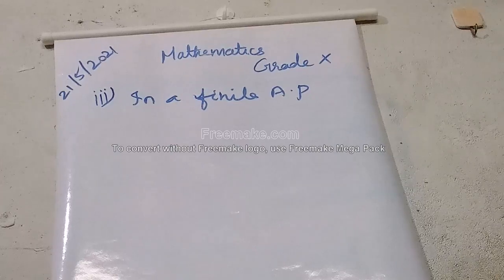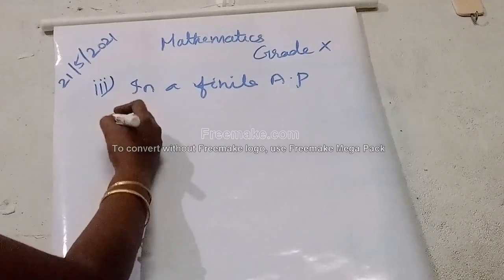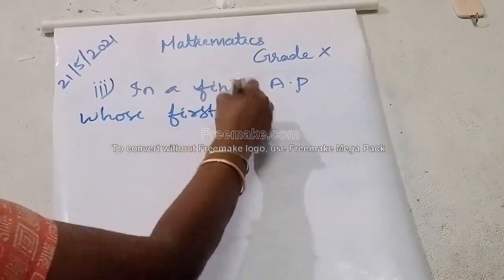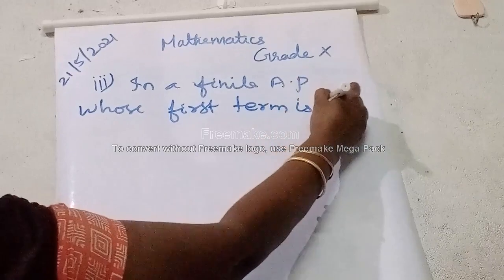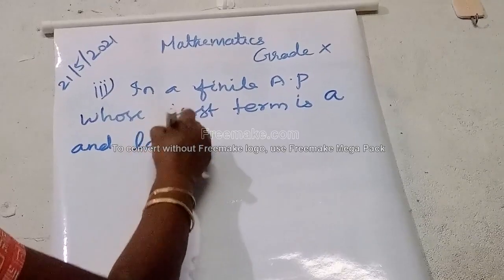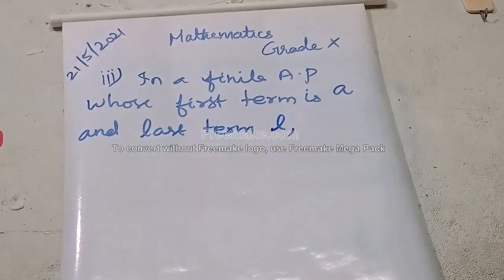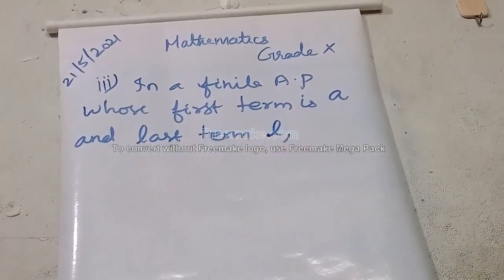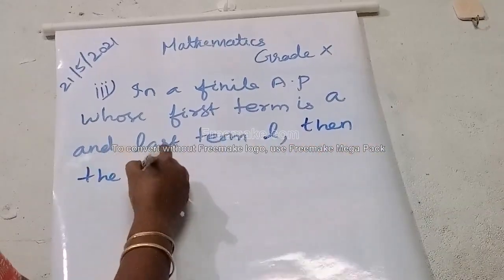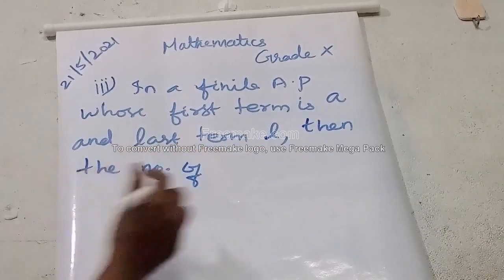In a finite AP whose first term is a and last term is l, the number of terms in the AP is